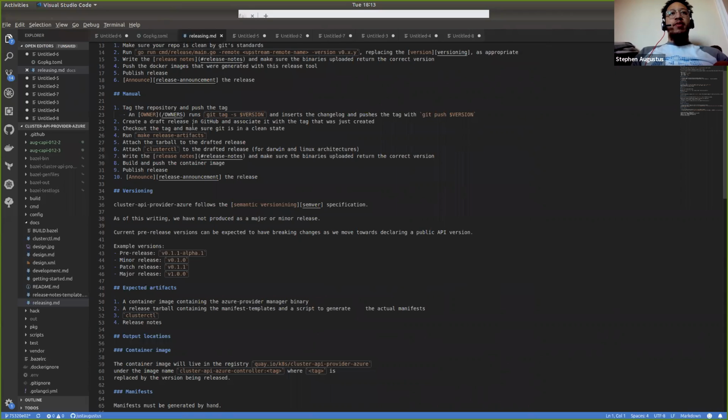So now we're going to run make release artifacts, right? So if you want to see what make release artifacts is doing,